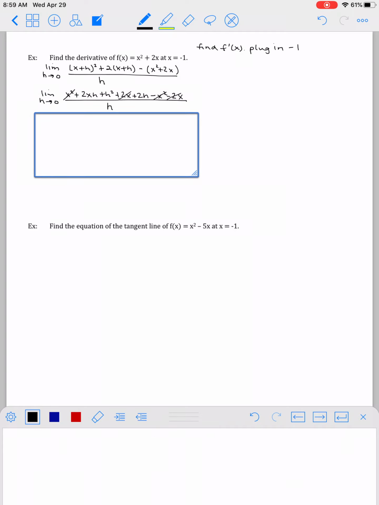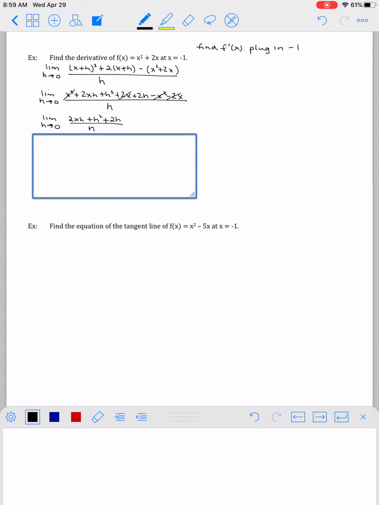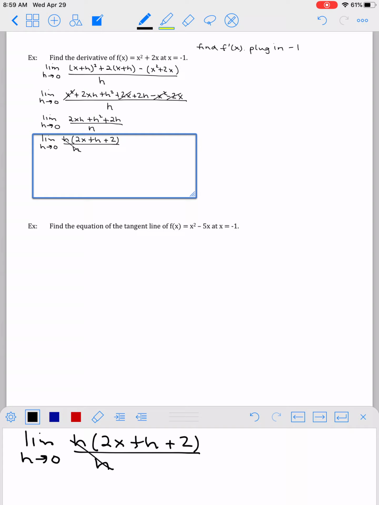So now I'm left with limit as h approaches 0 of 2xh plus h squared plus 2h all over h. I still can't plug in the 0, so I'm going to factor on the top. The h comes out: 2x plus h plus 2, and the h cancels on the bottom, and I'm left with